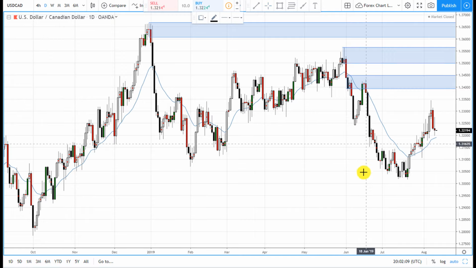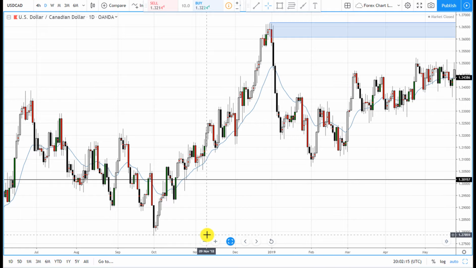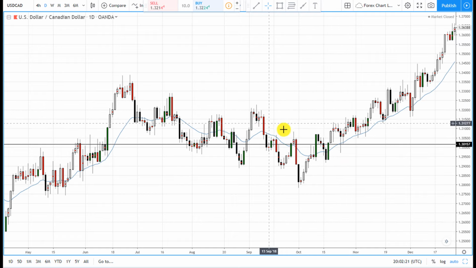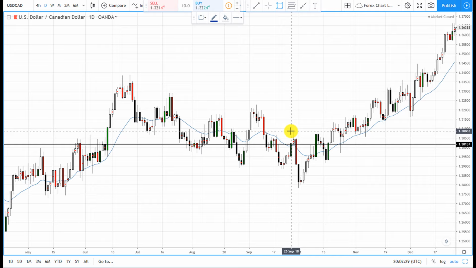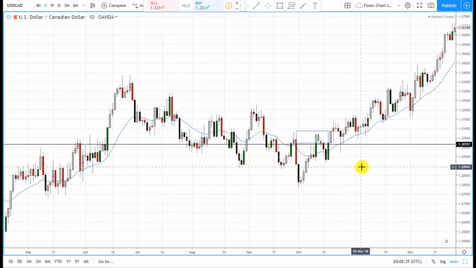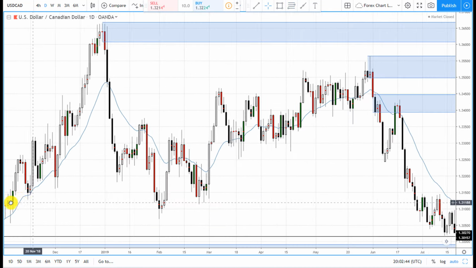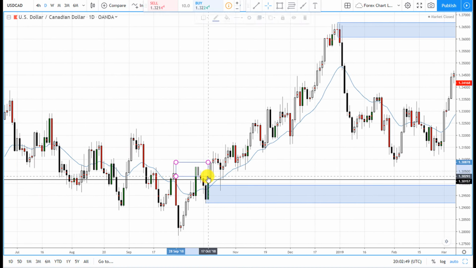Let me get my horizontal line, draw this. Okay, so we have a level of supply right here, we have a level of demand right here. Did price drop? No, price didn't take it out. Okay. So yeah, I'm not sure what is